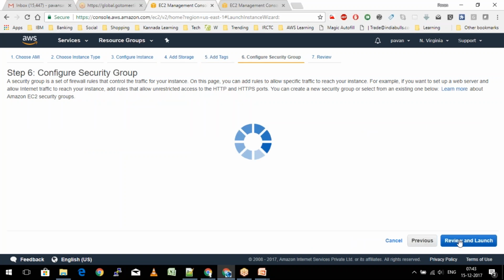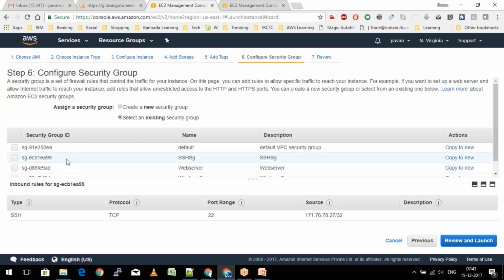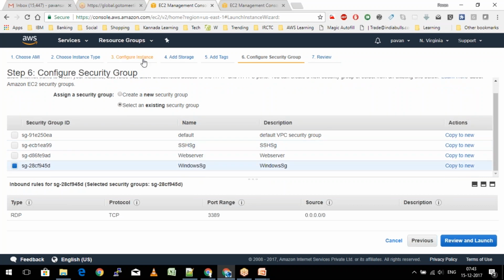I'll quickly put it across the security group, select the RDP one, and go ahead and launch it.